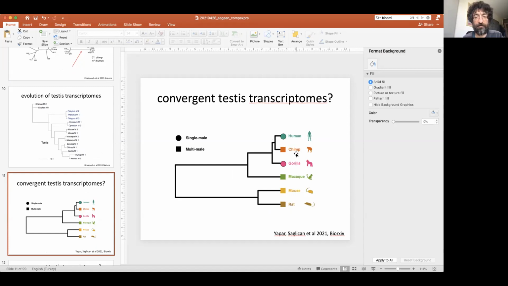So, depending on the mating type, do species appear more similar than you would expect from their